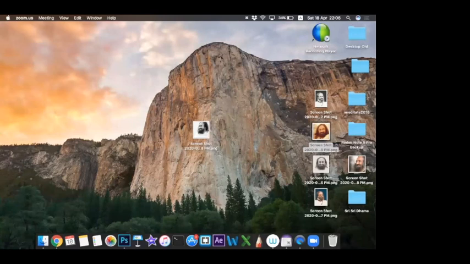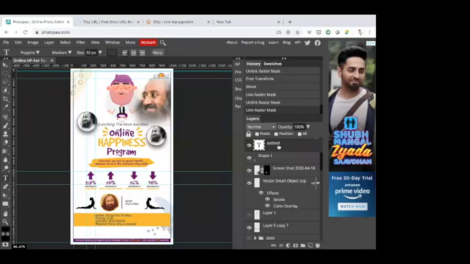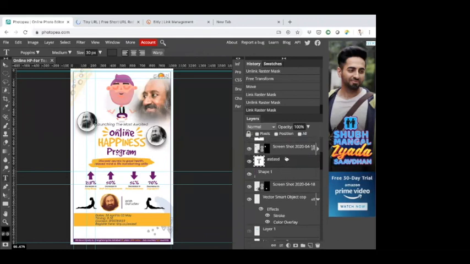Ashik, this is Manjunath. Can I ask you one question? If there are multiple objects on my poster, the way they are on your screen right now, and I have to find one particular layer, but there are a lot of layers on my right side, how do I find out which is the layer of this particular object?